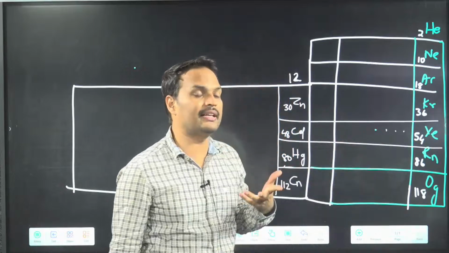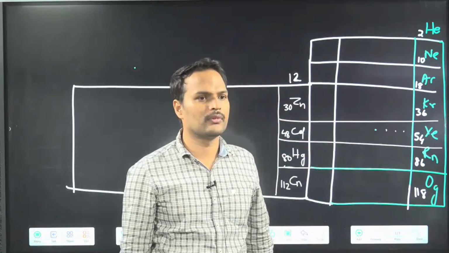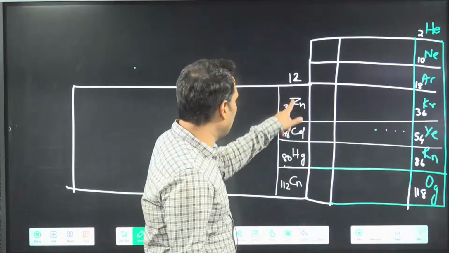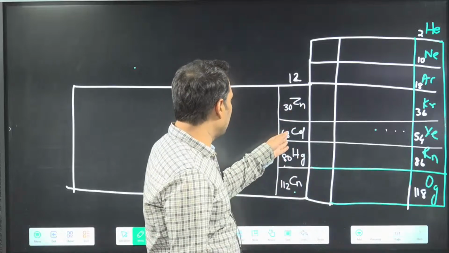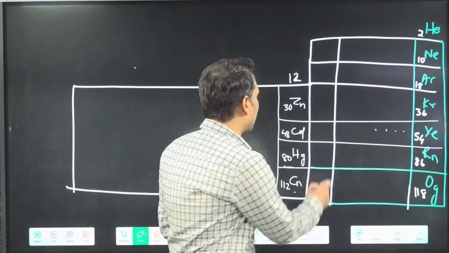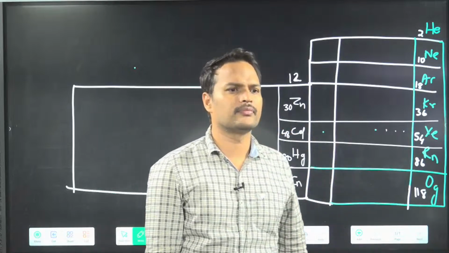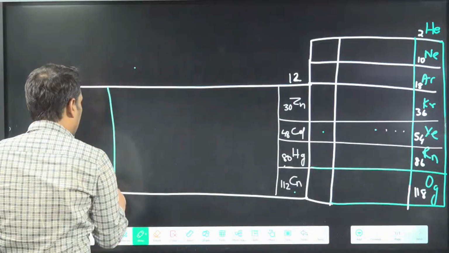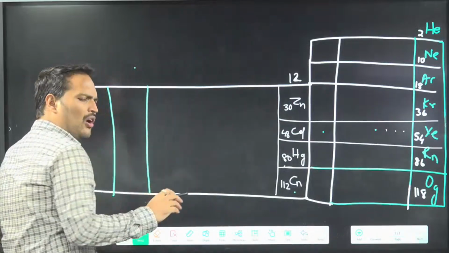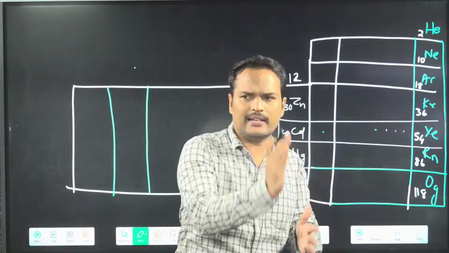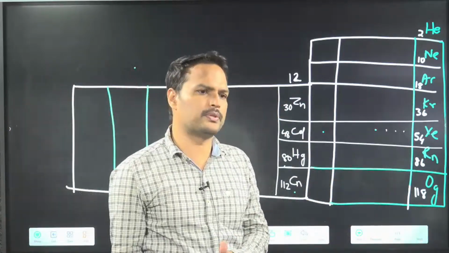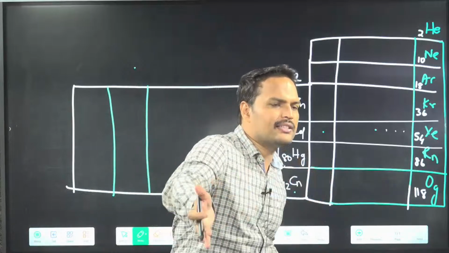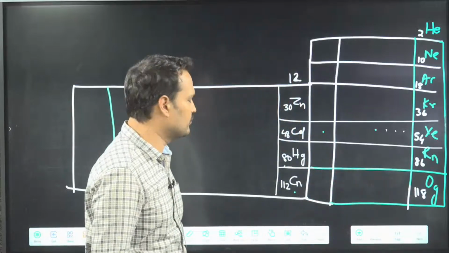Like suppose anyone tells you 49. Don't worry. Now everyone remembers this. So you can clearly say that 49 is just after cadmium. This is 49. So what I mean to say is that in the periodic table, now we know many things. At regular intervals, we know the groups. So we can add and subtract also.